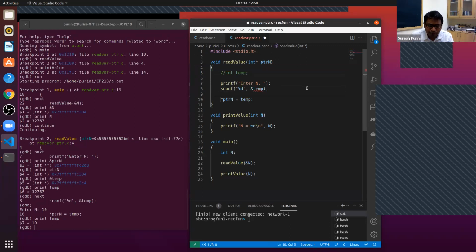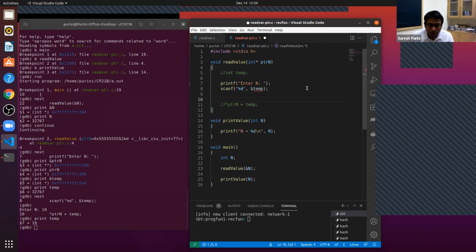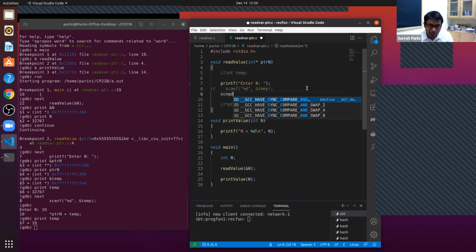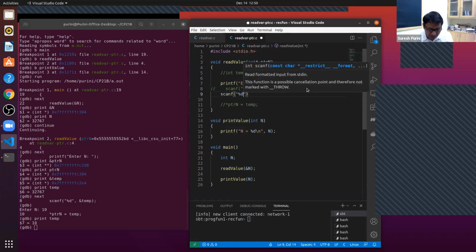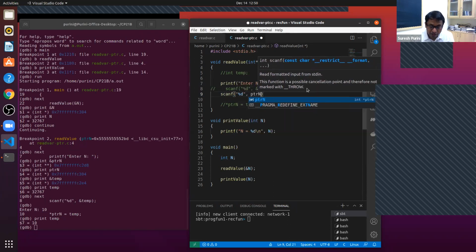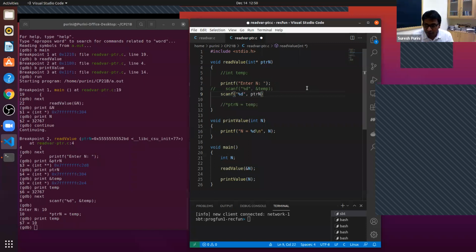What should we pass, a pointer to scanf? If I have this statement, scanf %d ptrn, does this work? Do you think this will work?